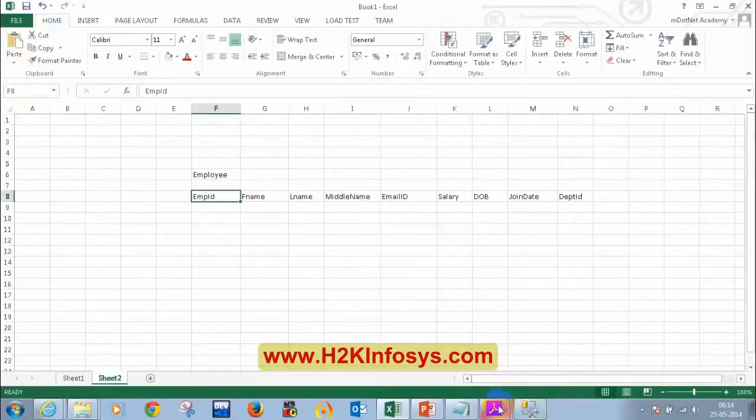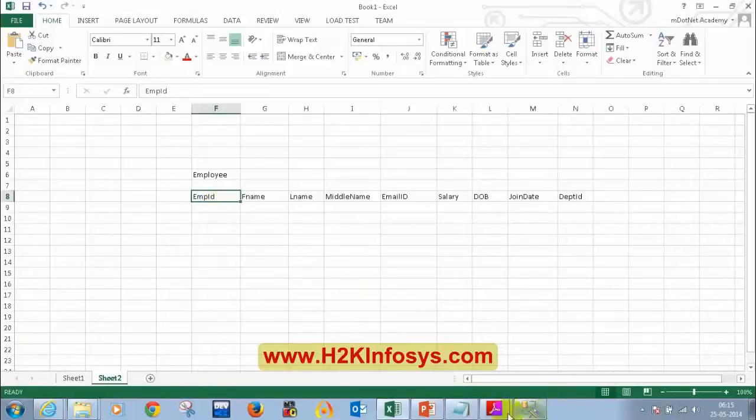Any other questions? It can be 0 also, right? That depends. If you add 0 once, it will agree, because it should not be duplicate, but it can be 0. But in real time, employee ID cannot be 0. In reality, employee ID cannot be 0. For that, we need to find ways to restrict it from being 0.